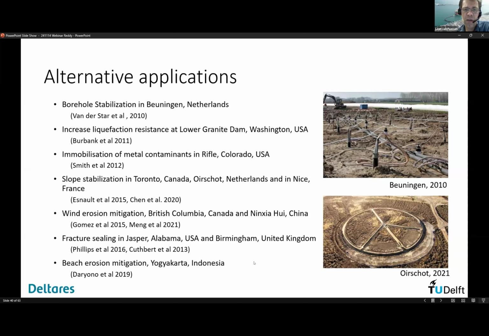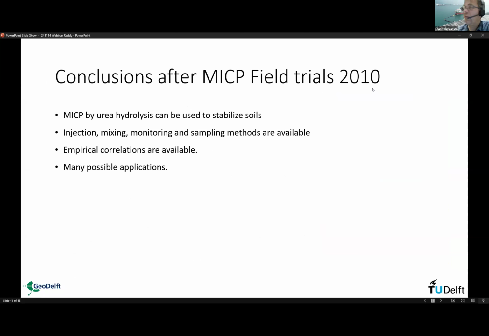So after having done those field trials and also looking at all the other field trials that have been done since, we can say that MICP via urea hydrolysis can be used to stabilize soils. There are many different studies on various injection, mixing, and monitoring and sampling methods available. Empirical correlations have been developed for strength, for stiffness, for liquefaction resistance, and there might be many possible applications for it. However, based on the trials in 2010, we still found